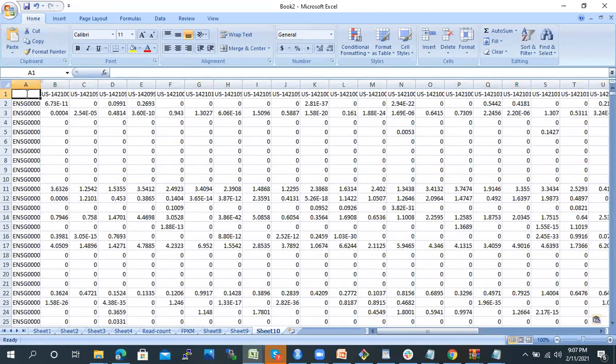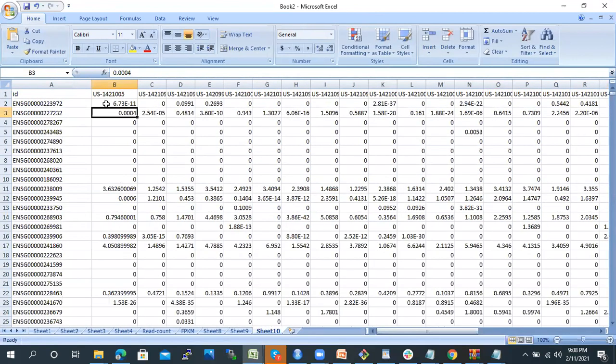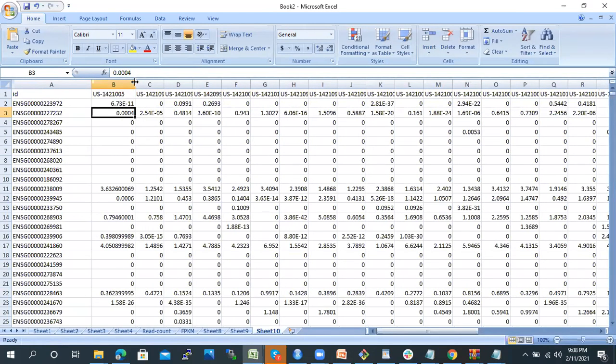Here only the ID is missing. So look at what this data contains. In the rows, we have Ensembl IDs for the genes, while in the columns we have samples. Right now they have just given some ID, like 1421005. So although you have a table, you still can't ask your question because you have no idea what these samples are. Especially clinical and demographic information, where do we get that information?